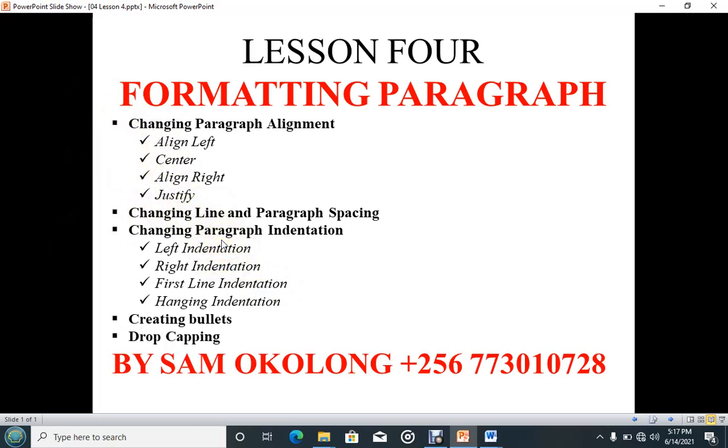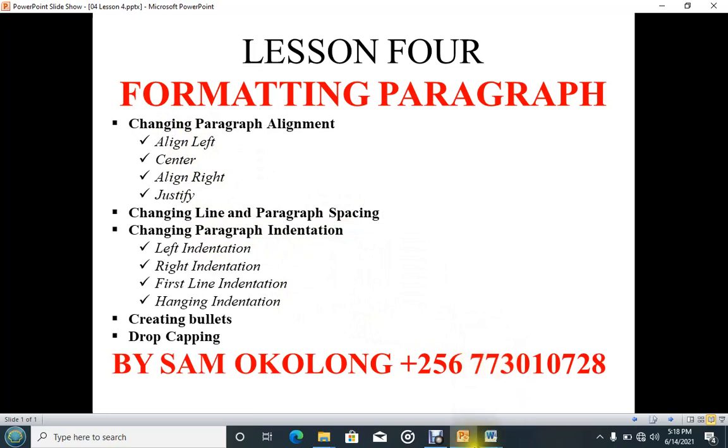Then we are also going to look at how to drop cap. Drop capping simply means making the first letter of a paragraph bigger than the others. You can set it such that it covers some lines.